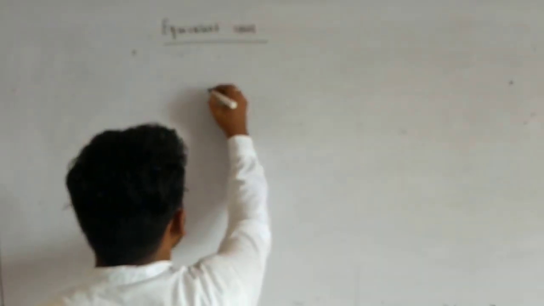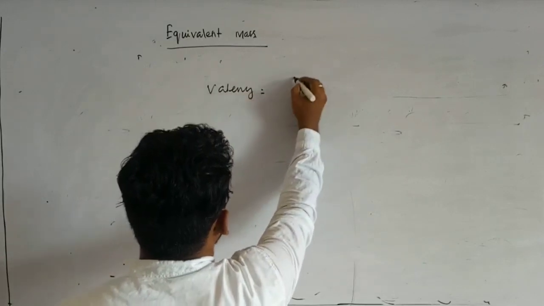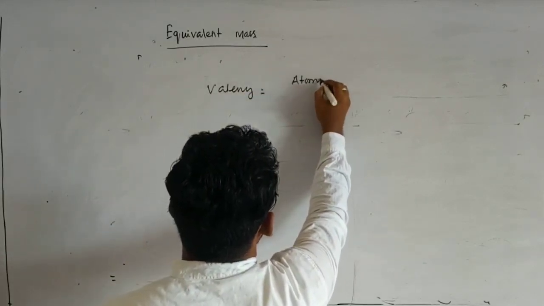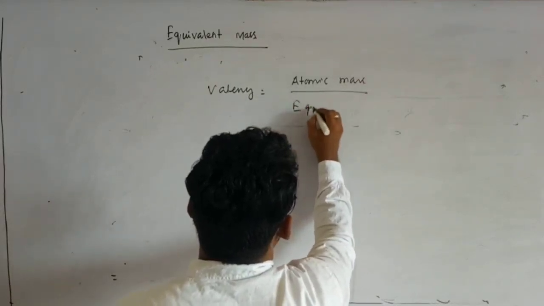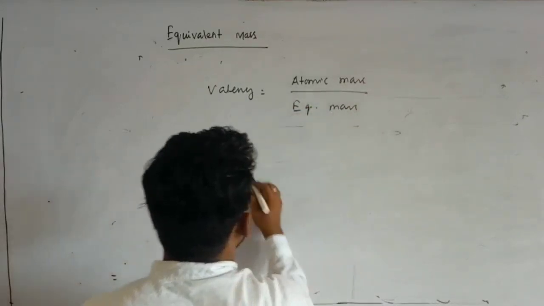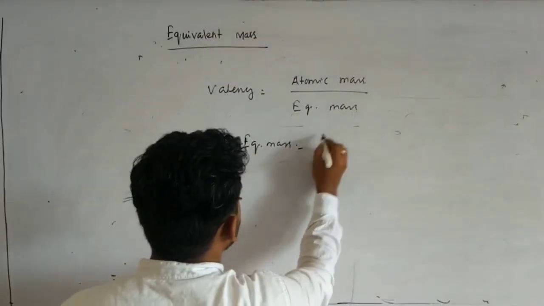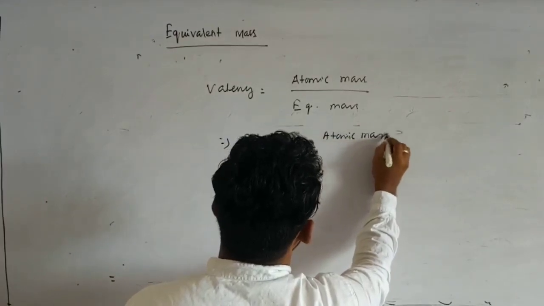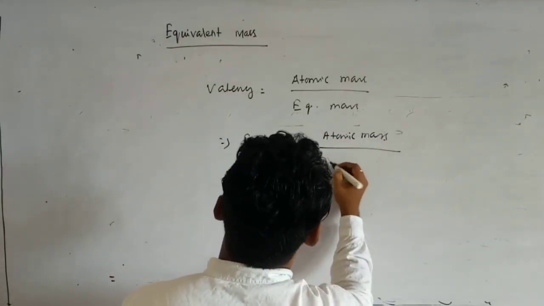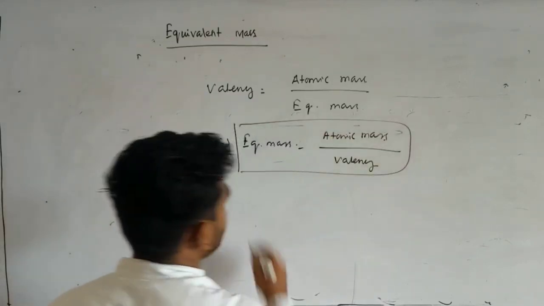Okay, so that is your valency, that is equal to atomic mass divided by equivalent mass. So that implies your equivalent mass is equal to atomic mass divided by valency. Remember this formula. Okay,